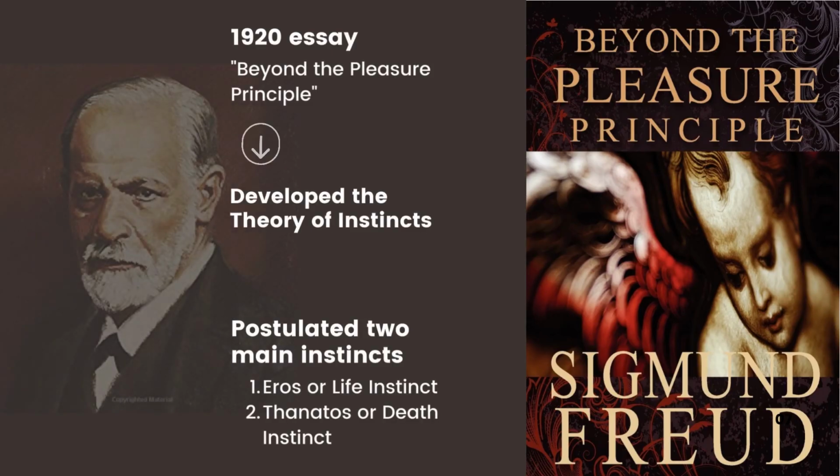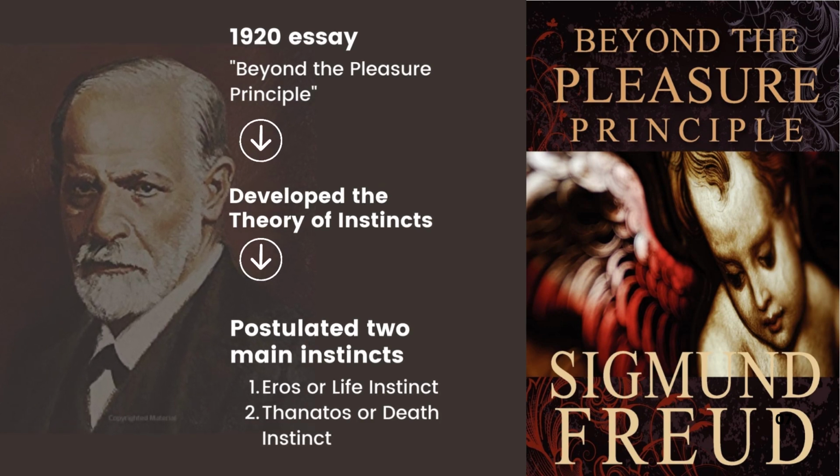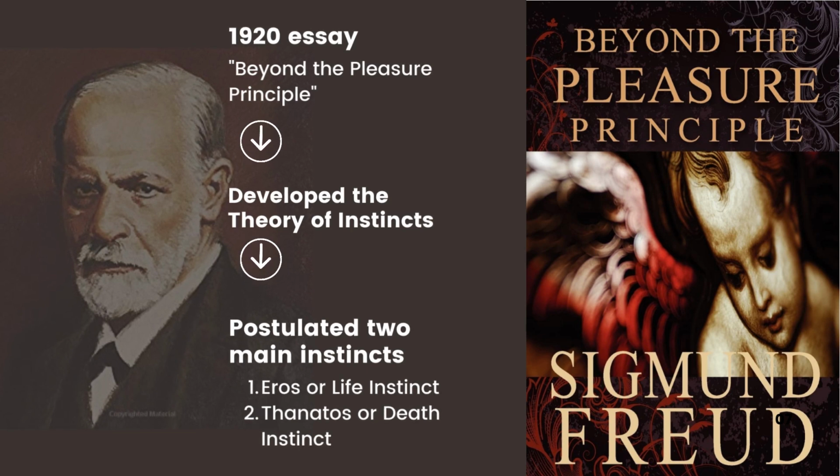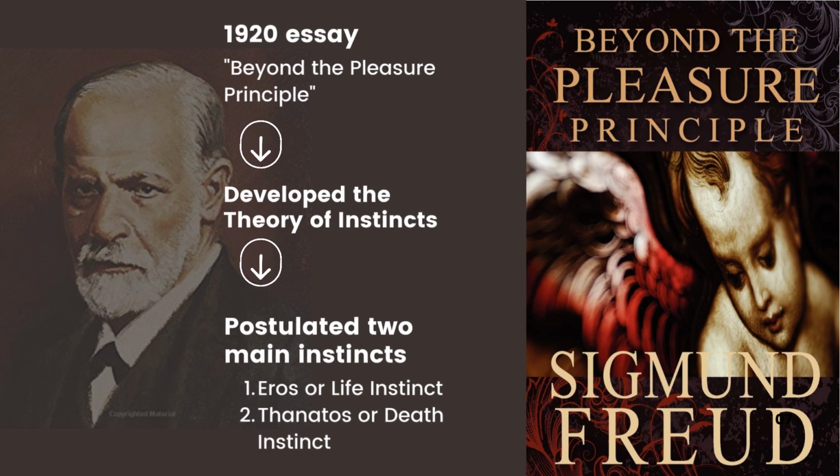In his 1920 essay, Beyond the Pleasure Principle, Sigmund Freud marks a major turning point in his theoretical approach. Freud had said that these instincts are primarily focused on seeking pleasure and avoiding pain. So, our mind basically tries to find pleasure. And in this essay, Freud went beyond that simple pleasure principle and he develops the theory